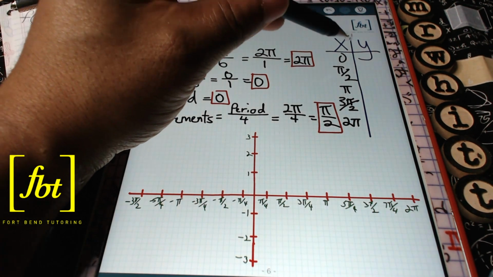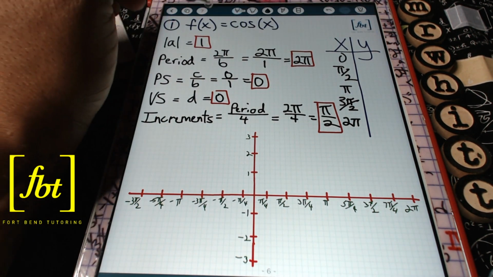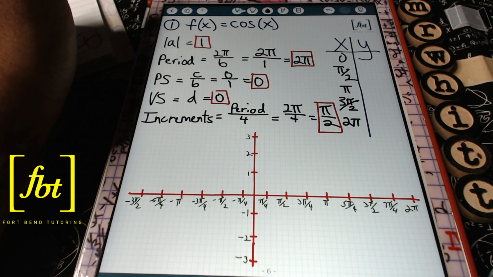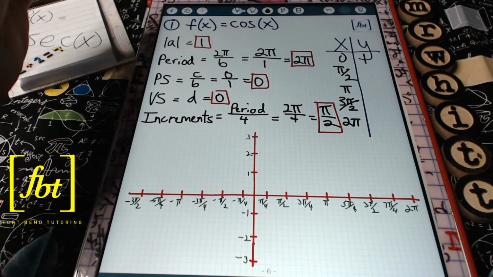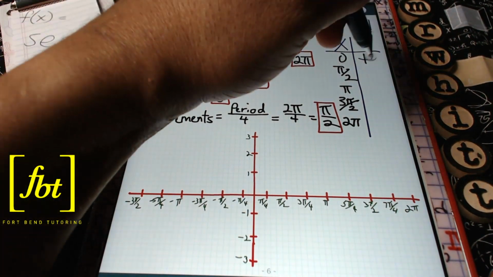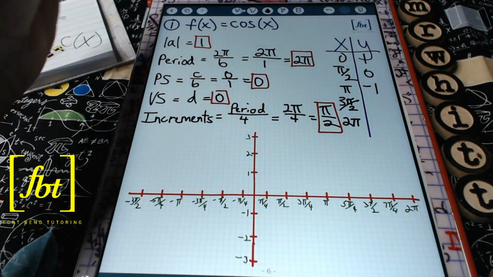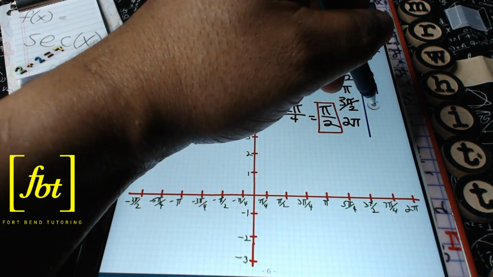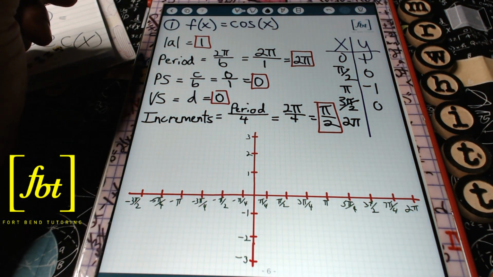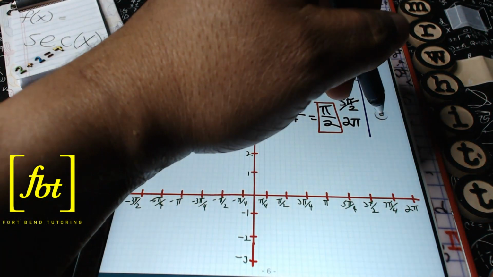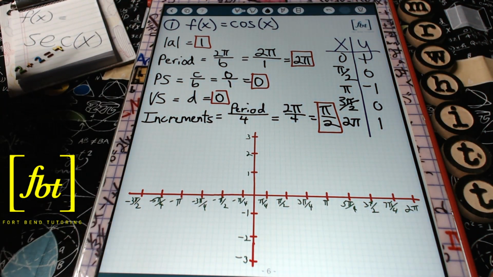Well, plugging in 0 into our value of x into the original equation here, cosine of 0 is 1. So we have a value of 1 there. Cosine at pi over 2 is 0. Then cosine at pi is -1. Cosine at 3 pi over 2 is 0. And cosine at 2 pi is 1. So we have 5 points that will help us graph the cosine function, which in turn will help us